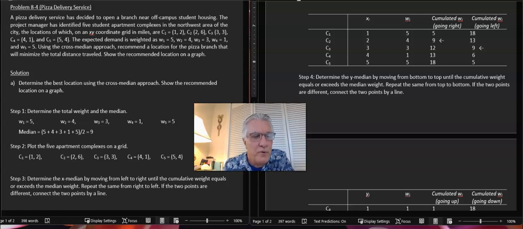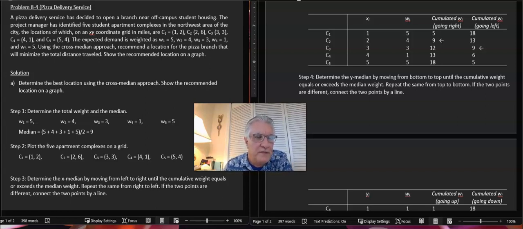And I wanted to go through the example problems that were given in the module. The first one is not representative of what's in the weekly assignment, but the second example question is. But in order to learn the material and understand it, I wanted to go through both example problems with you. So problem 8-4 in the text